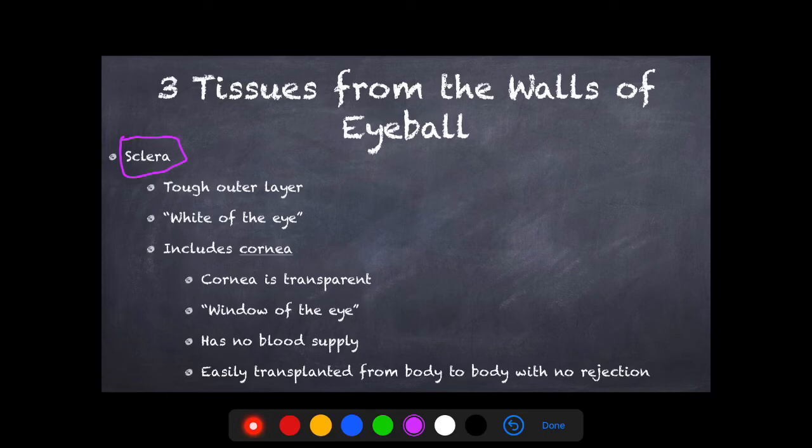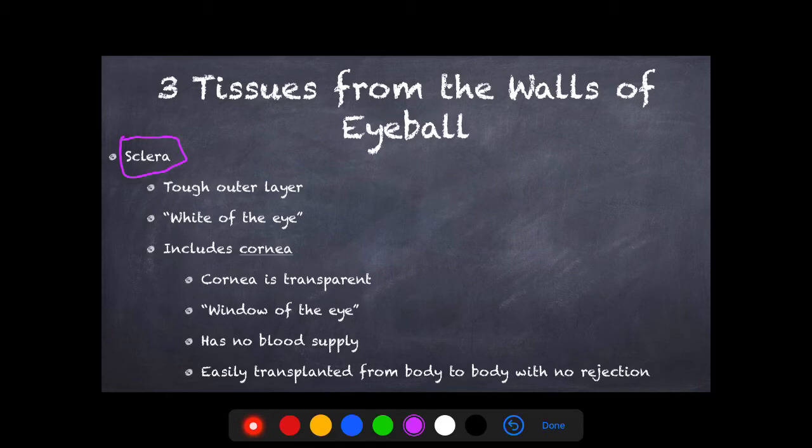There is no blood supply that actually goes to the cornea, but the cornea is also very important because it's easily transplanted from one body to the next. So you can donate your cornea. If someone has passed away, they usually donate the cornea of that person because it can be easily transplanted into somebody else and give them vision, and your body will not reject it because it doesn't have specific tags